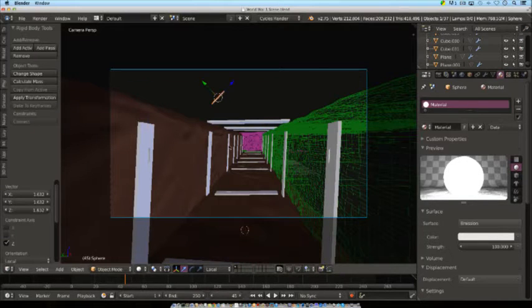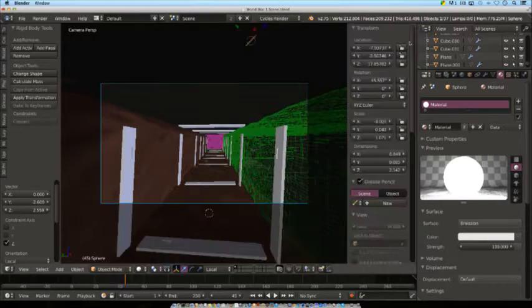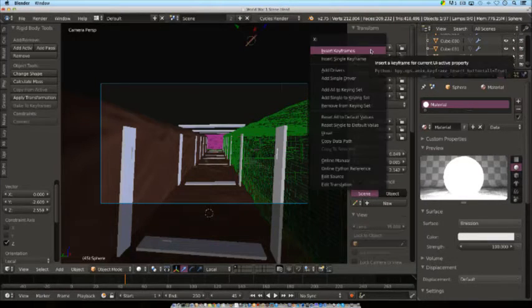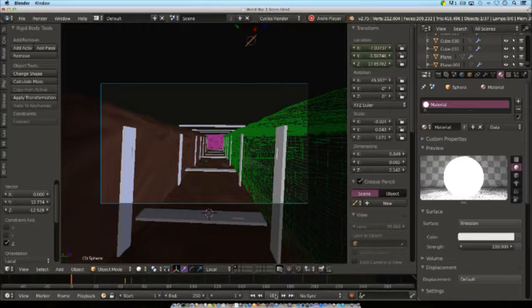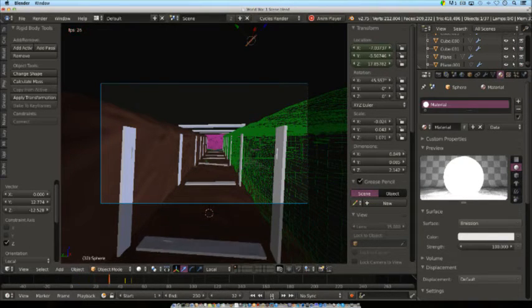fine as it is. So what I'm going to do is take it completely off screen, and I'm just going to go to the location settings. I'm just going to click insert keyframes, and I want it to be fast, but I don't want it to be too fast, so maybe 50. Go down here like that, and insert keyframes again. So if we look at how fast it is at the moment, that's a little bit too